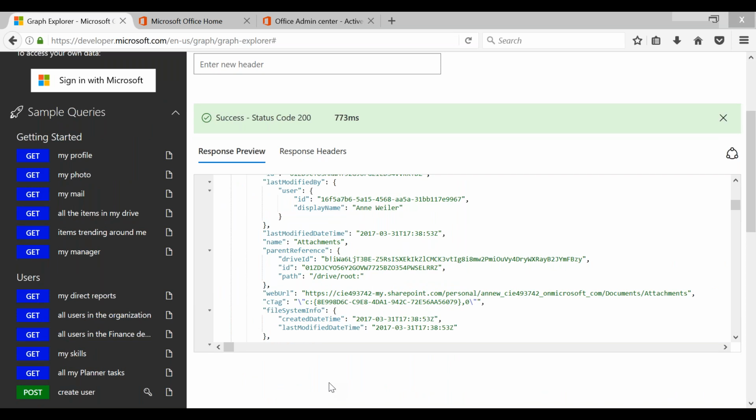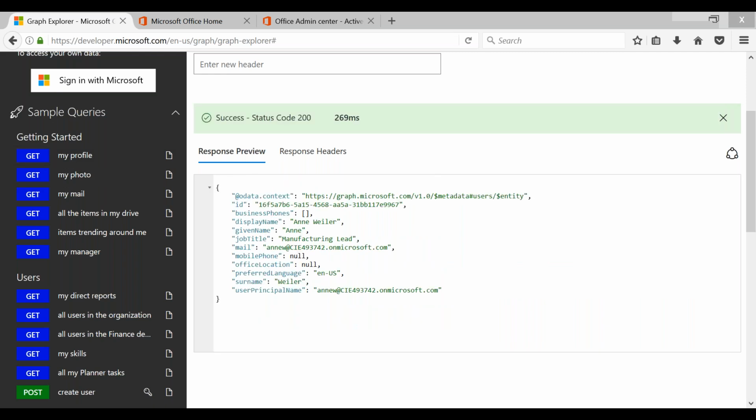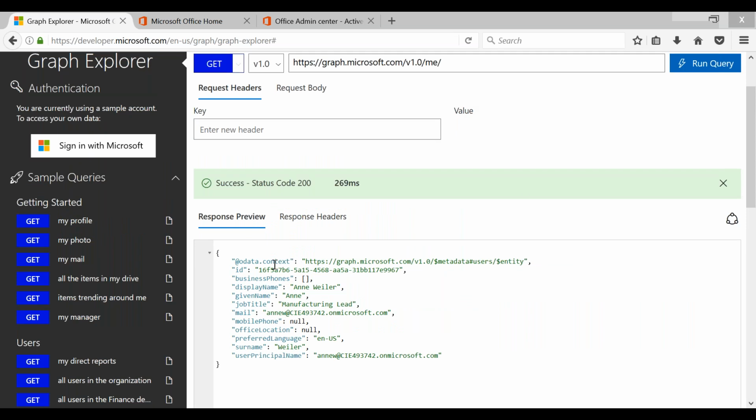And there is one more thing I want to show you over here. Let's say the user has taken this query for me. In this OData context, how do you know what you will get in the output or what you have to pass in the input? This particular OData context, if you see this link, is the link to the OData metadata. That defines the JSON or whatever data is required in the input, or what data you will get in the output. So just copy this URL in the OData context, and if you paste it,